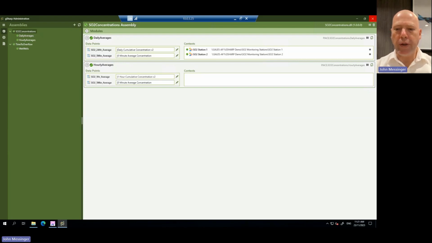One other thing that I will mention is that if any of you are still using your ACE assemblies targeting version 2 or version 3.5 of the .NET Framework, we do recommend retargeting them to .NET Framework 4, ideally something like 4.8. gSharp will support that. It also gives you the ability just to make use of a slightly more modernized and secure version of the .NET Framework.